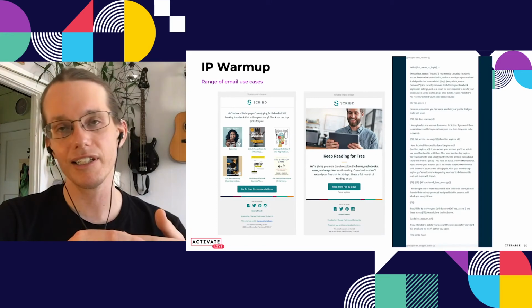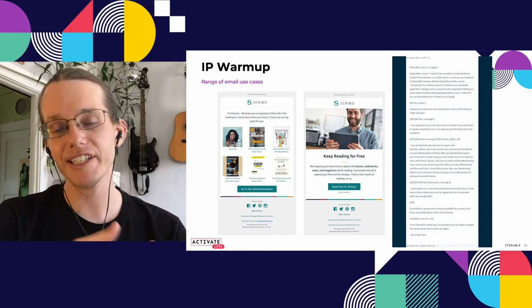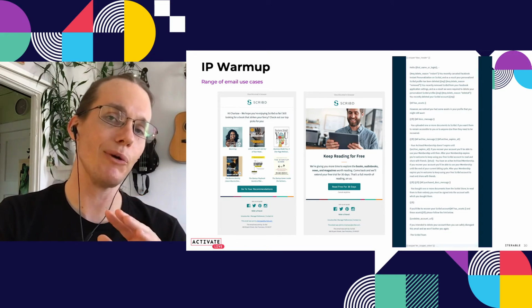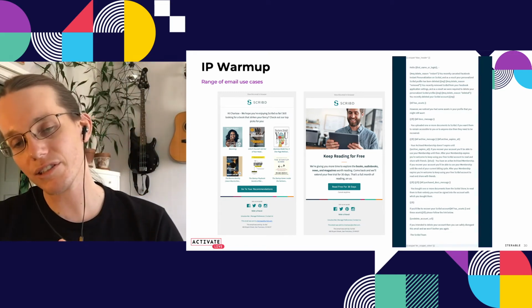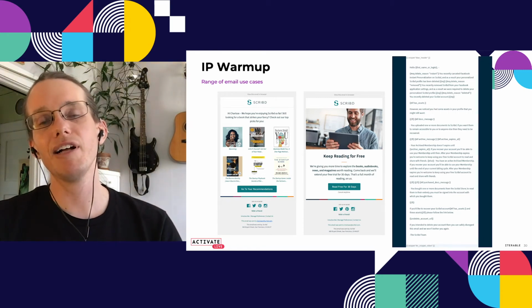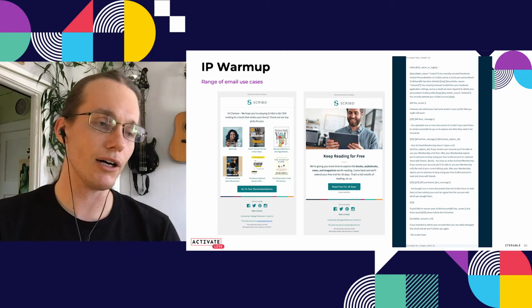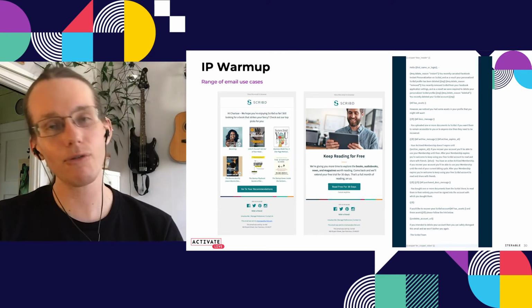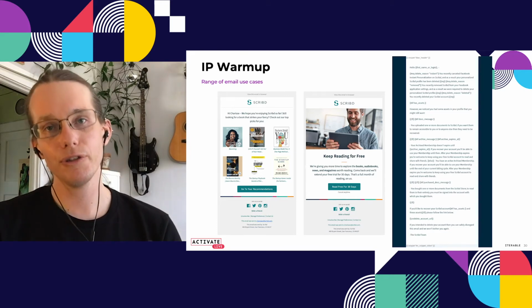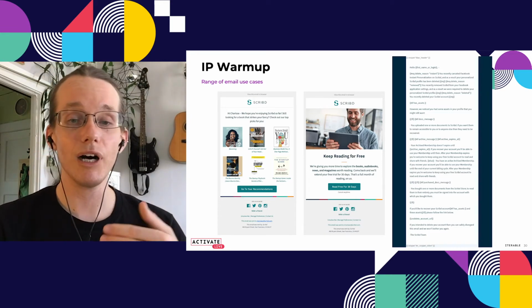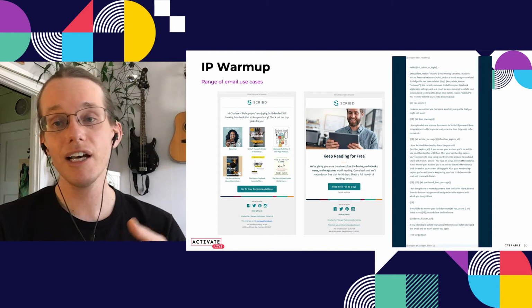And we focused on leveraging the need for an IP warm up and tying that into the different types of emails that we wanted to test in the migration. So we didn't just test during this proof of concept period. We didn't just test the emails that were easy to set up or our flashiest emails, but really focused on emails that represented the cross section of Scribd's use case for a marketing automation platform. And here you can see personalized recommendations, transactional email, as well as these